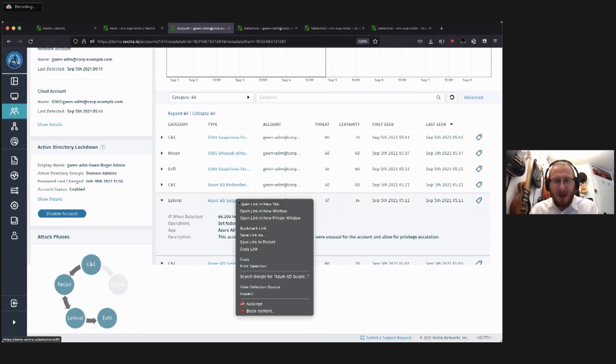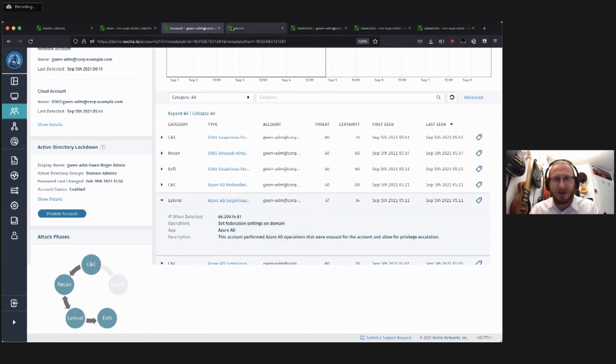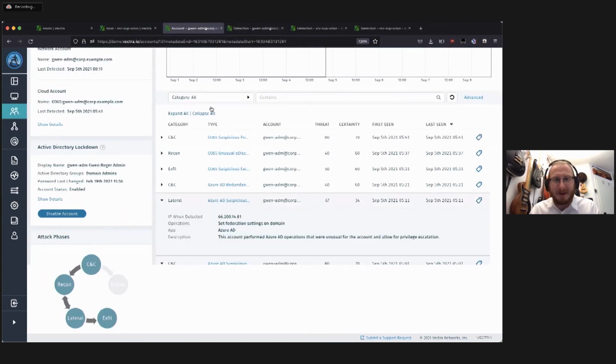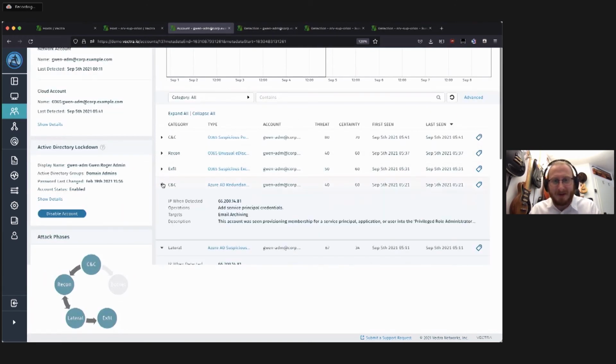Then some federation changes happened. Somebody tampered with the federation settings of your tenant. It moved on to creating a redundant activity: they gave access to an email archiving tool to extract all the history information and email data.